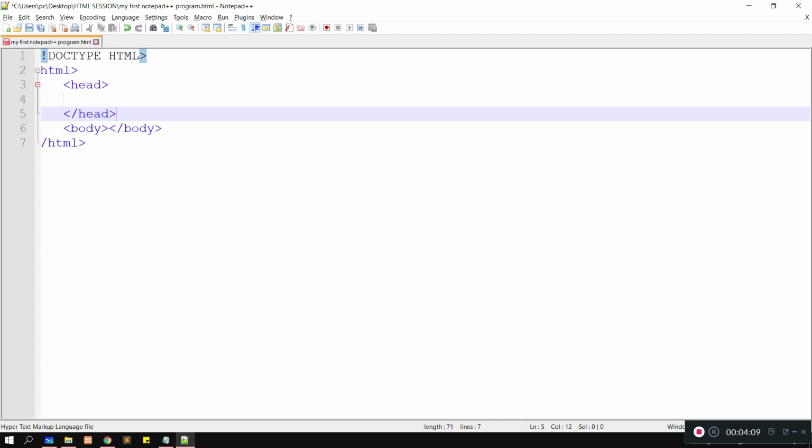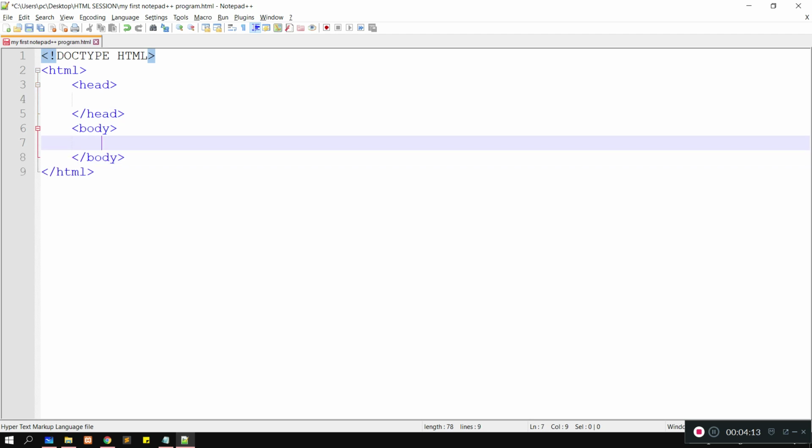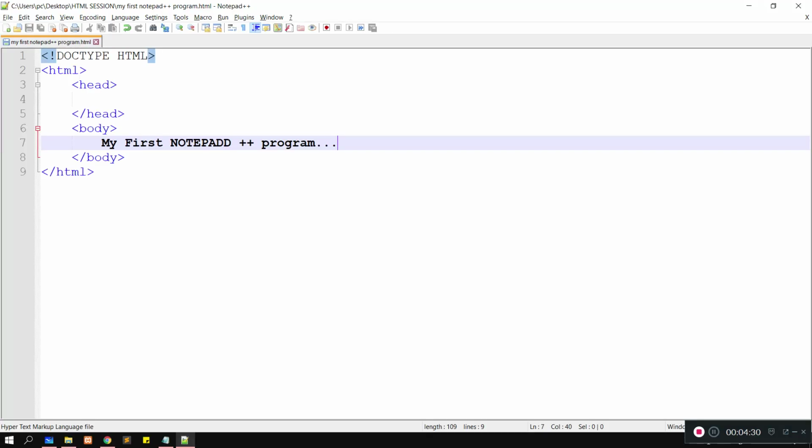Let me increase the font size here. So what we are going to write, my first Notepad++ program. Now refresh the page, you will get my first Notepad++.